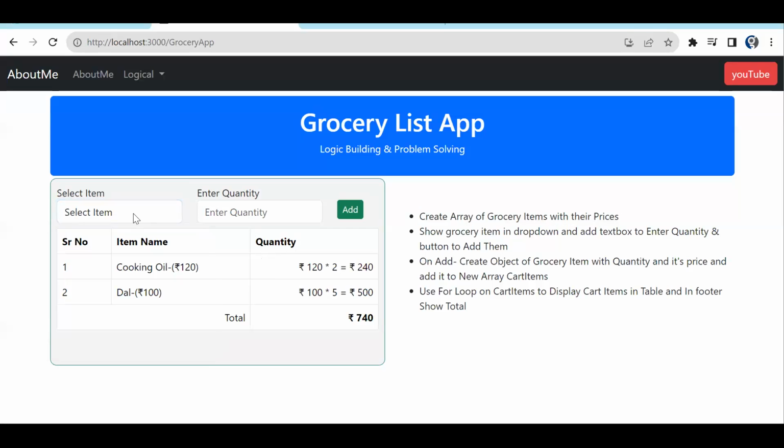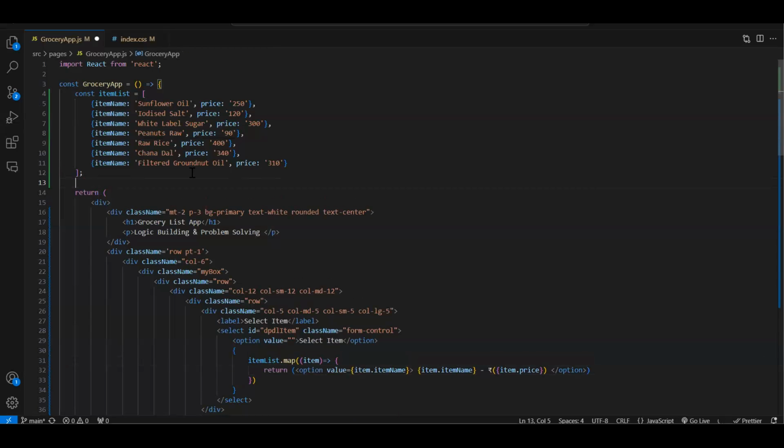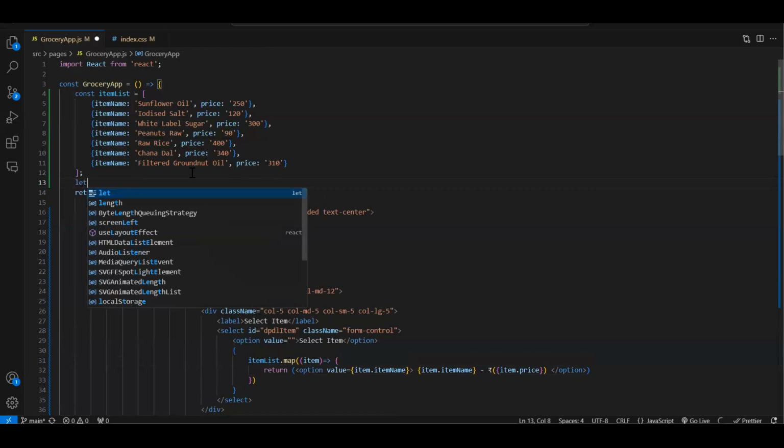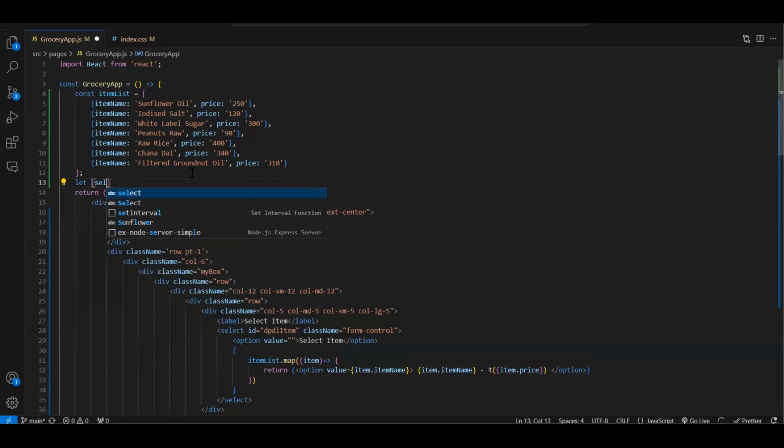Now, next thing is, if I select this and if I enter some quantity, we need to add it, right? So now we need an object where we are going to store the data of item and the quantity also. So let's create that object. And that object is going to be changed, so we have to create it as a state. So let's name it as selected